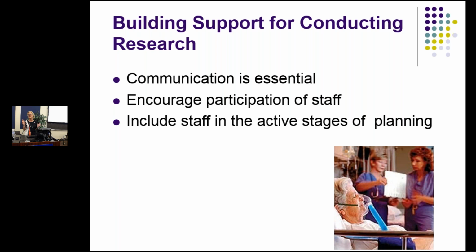We now have roving massage days where massage therapists go to the units and provide a 10-minute massage, and they do the same pre and post assessment of stress levels. We also have respite rooms on our clinical floors that we're encouraging staff to utilize, and a meditation room. We have mindfulness meditation classes given to staff, trying to improve work-life balance and have a healthy work environment. I think that's another area of focus, and we're doing research related to those